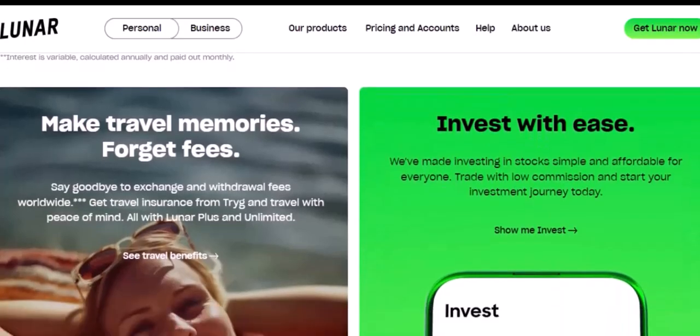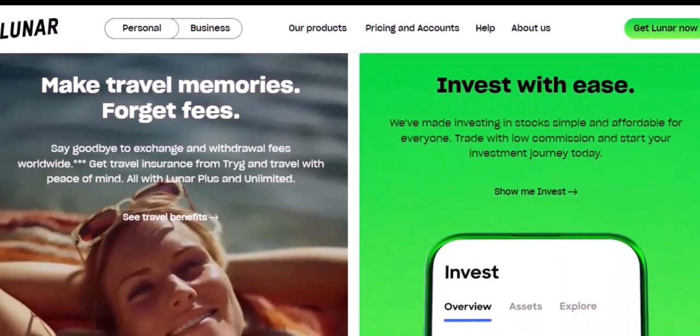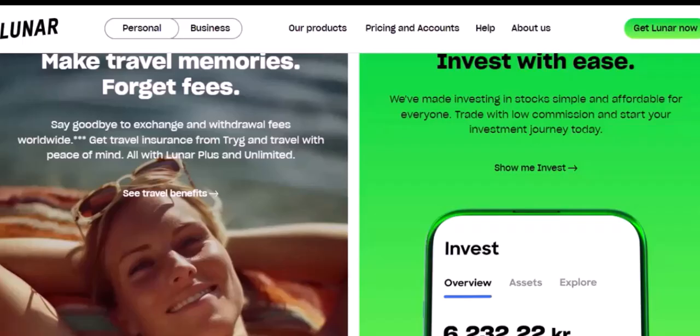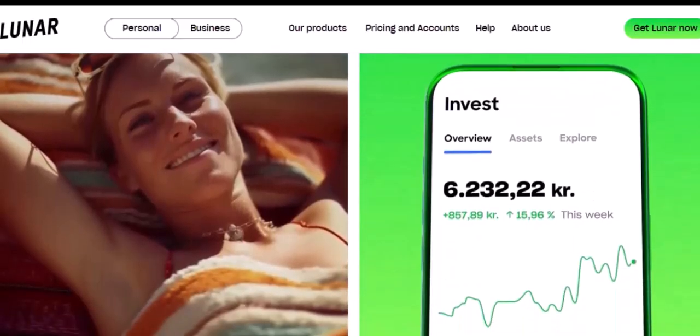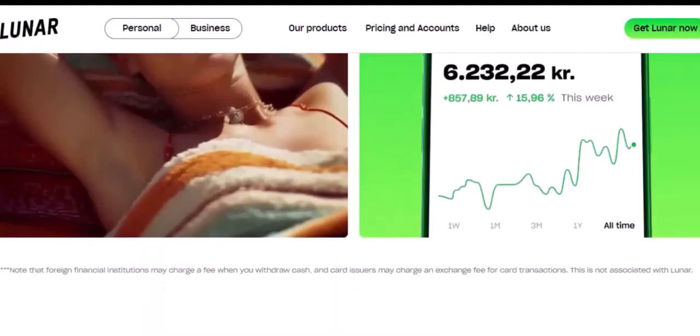Transferring money between your Lunar accounts is a straightforward process that can be completed in a few simple steps. By following the guidelines outlined in this video, you can efficiently manage your finances and enjoy the